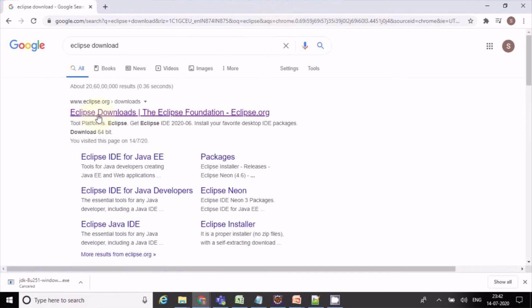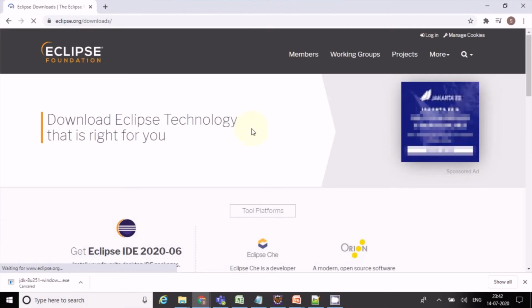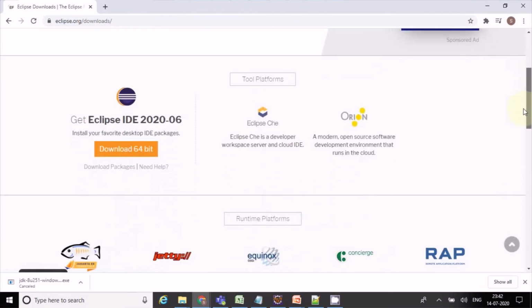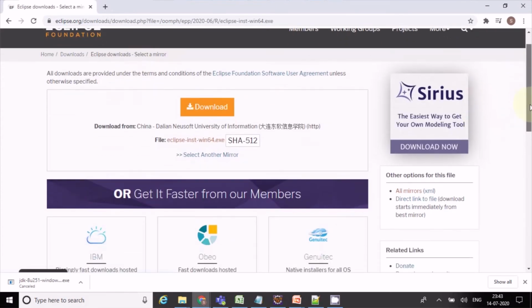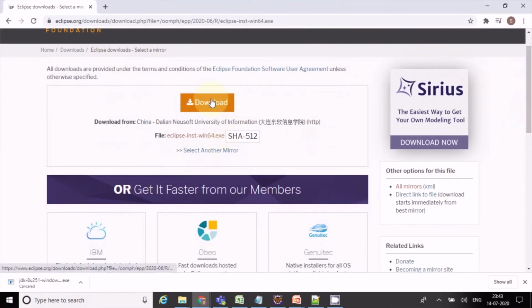Just search for Eclipse download, click on the first link, Eclipse downloads. Here you can go for the latest version, Eclipse IDE 2020-06. Just click on download 64-bit. Here it's going to ask, just click on download.